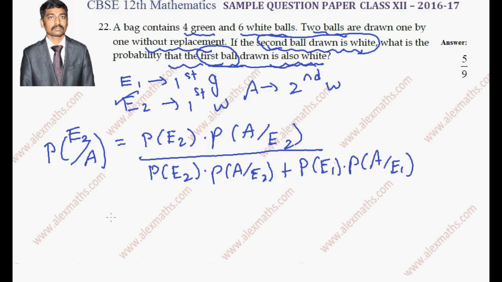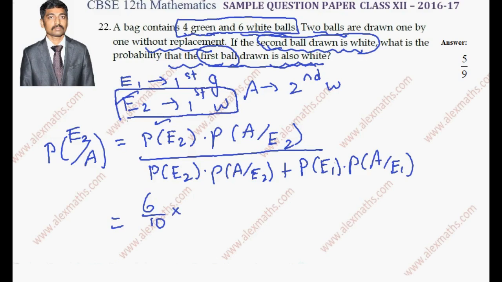Now P of E2, what do you mean by P of E2? E2 is first white. Getting white from 4 green and 6 white balls is 6 out of 10, into, what is P of A by E2? E2 means white happened already. After that I am getting another white. It means already there will be 9 balls. In that only 5 white will be there. Then whole divided by, copy the same term again,